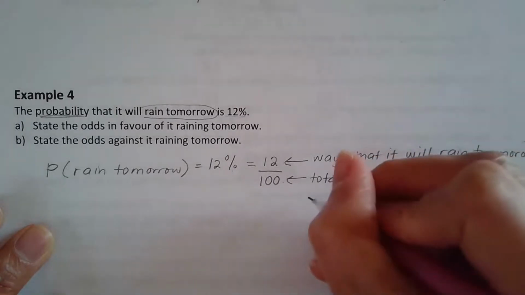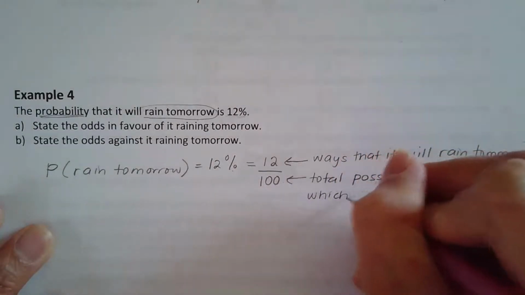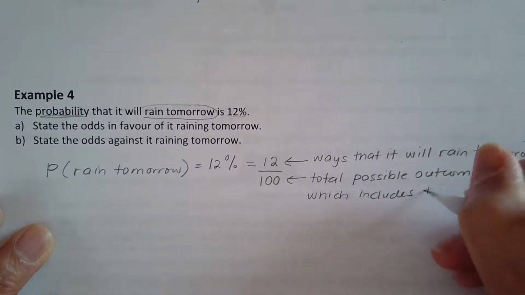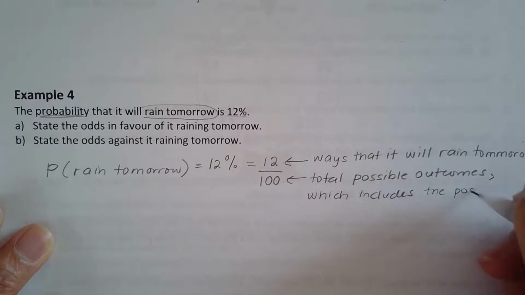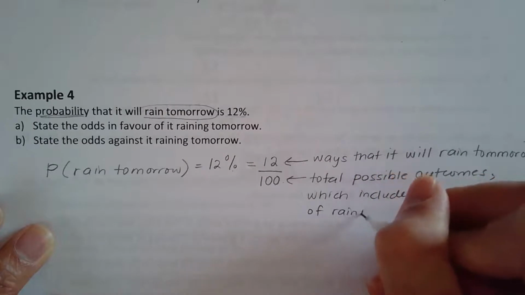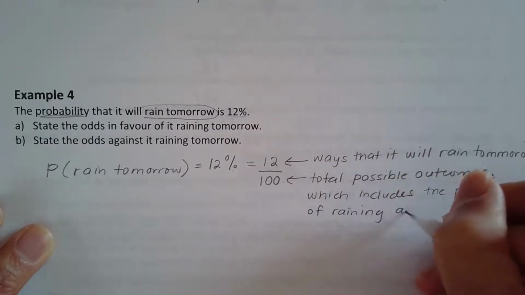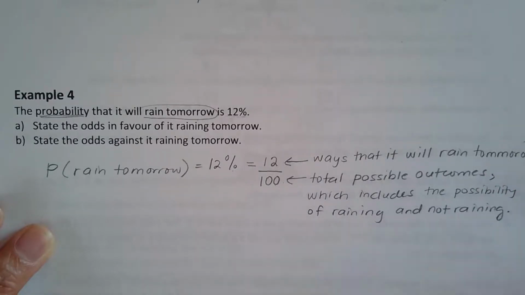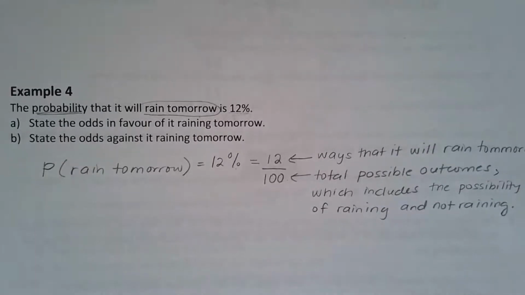Okay, so which includes the possibility of raining and not raining. Okay, so if we look at that one,